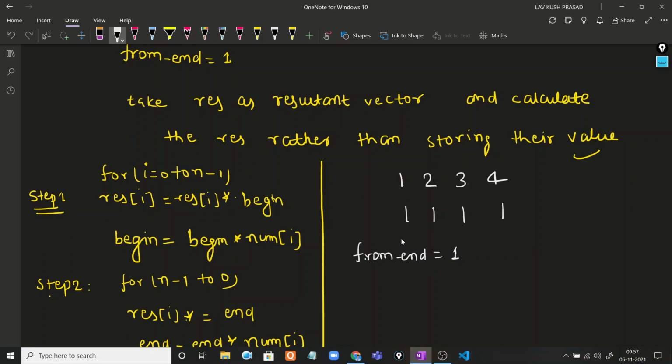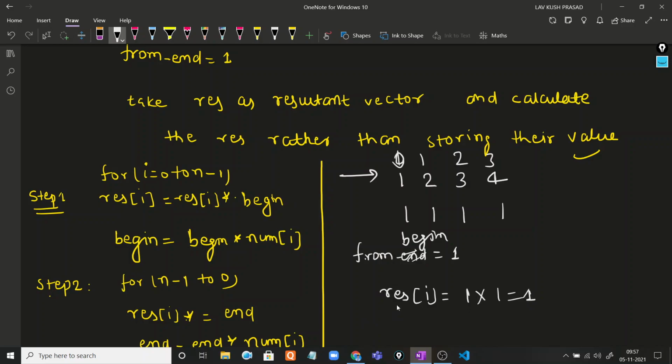I will also write down the indices 0, 1, 2 and 3. So what can we do here? We store result equals result into begin, because we start from left to right. So at index 0, result is 1, 1 into 1, so it gives 1.